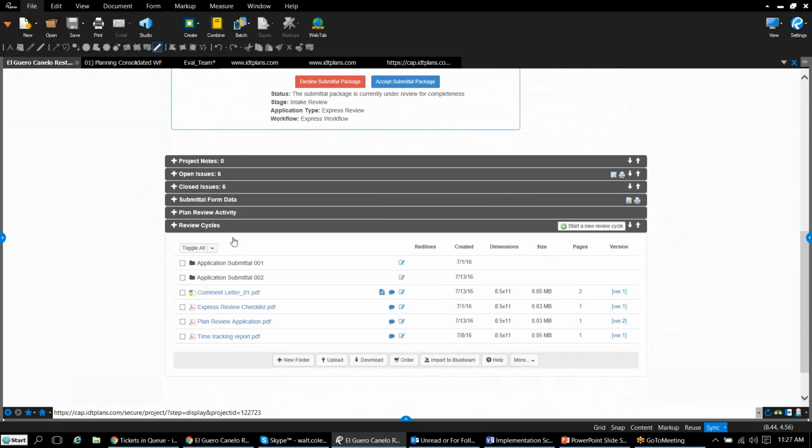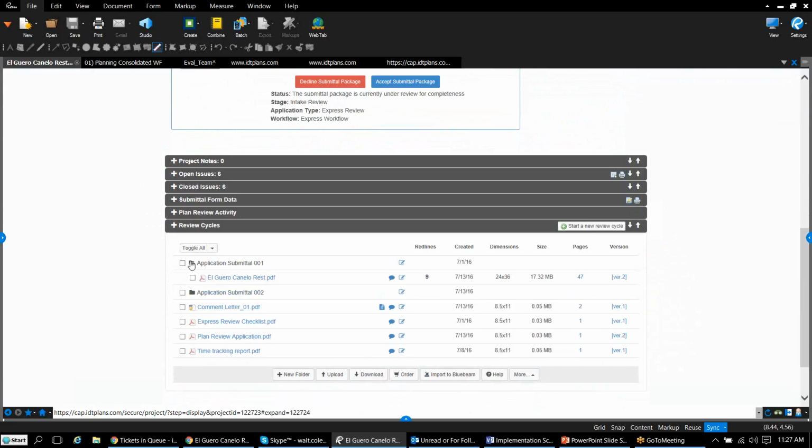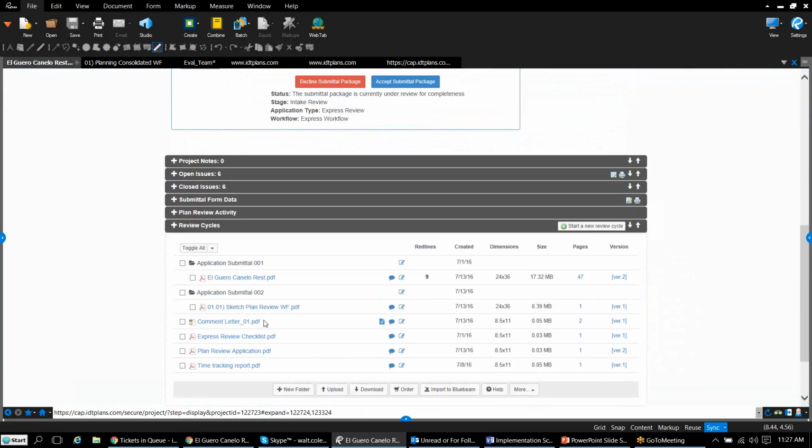If we go down here to the document area, here's our first submittal. Here are our plans for the first submittal with 9 corrections on it. Here is the resubmitted document, although I've just stuck a test project in there. So now we can compare these 2 sets of documents